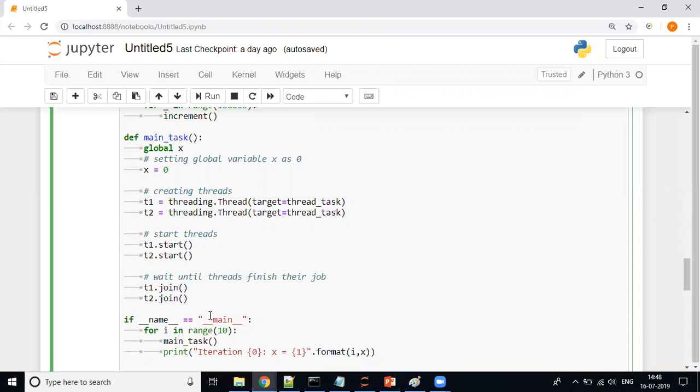In that case, what needs to be done is for i in range 10, so 10 times, main task. So this main task is getting executed and print iteration, and here in brackets is written 0